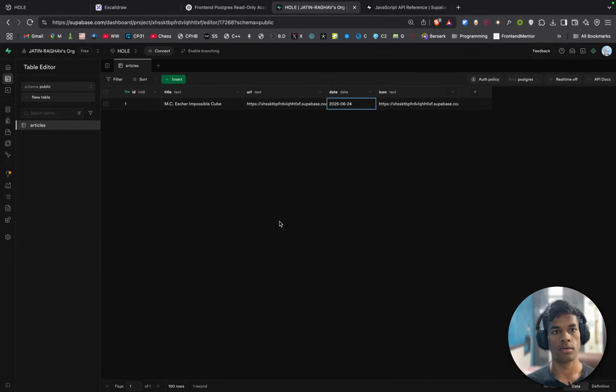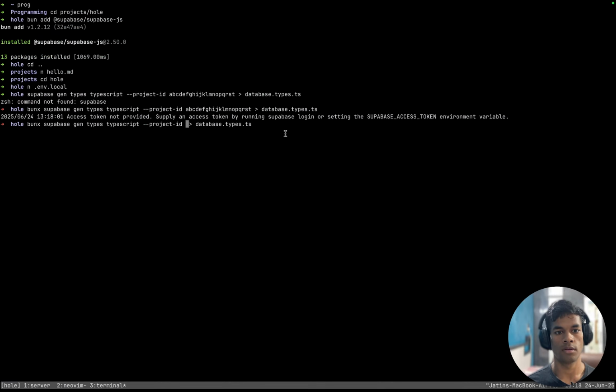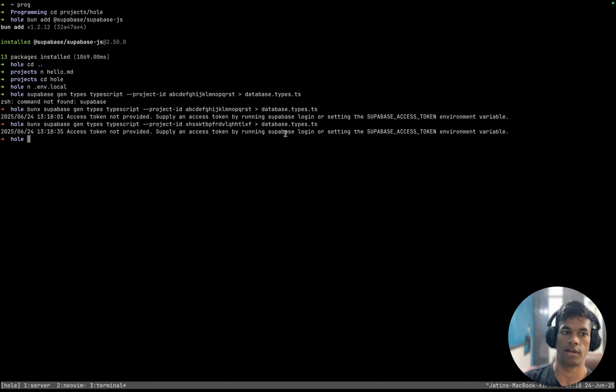Database.types.ts. Project ID is this thing. Copy, paste. That should work. Access token not provided. Supply an access token. Shit. When is it asking for an access token?